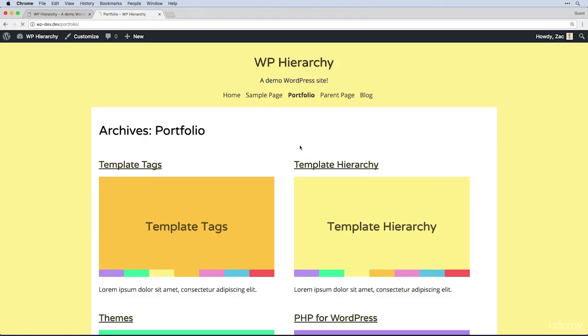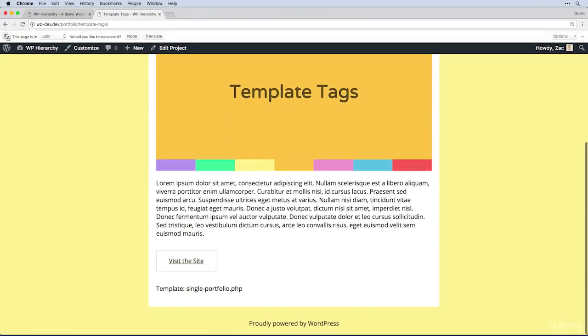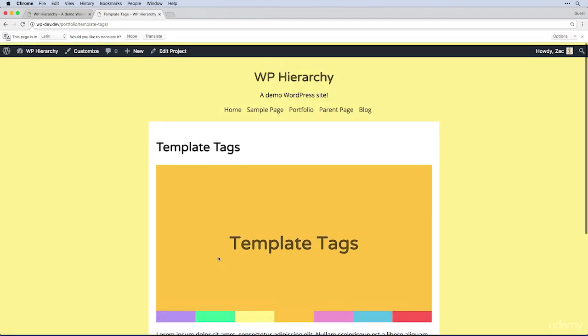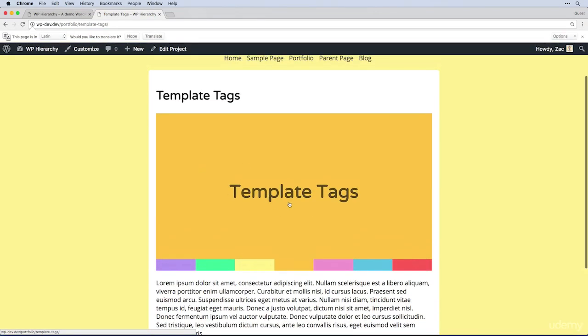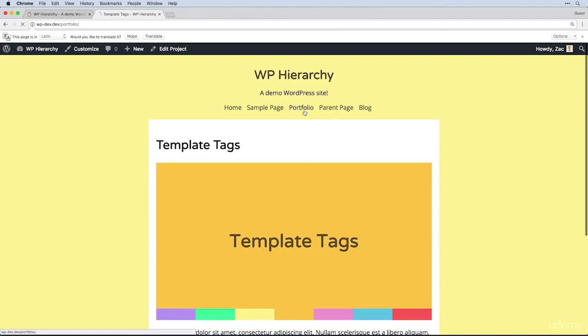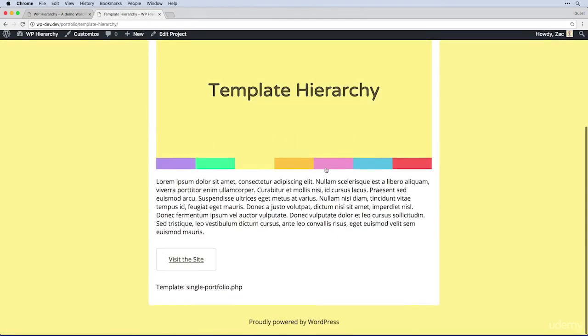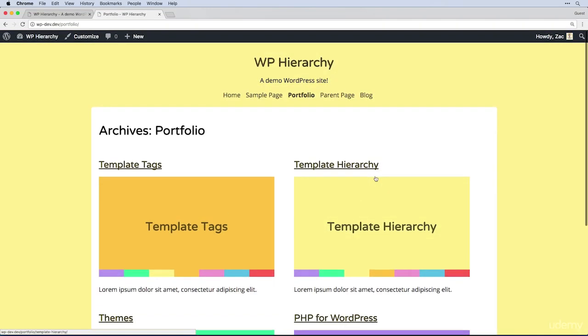Okay, so back on our site here, I'm going to click into template tags, and we could see, cool, we've got a nice button there. We've got the title of it. We've got the picture of it. Oh, that is still wrapped in a link, which is kind of okay. And then the main content. So this is going to work for all of our portfolio templates now, and we could take this one step further. So in the next video, I'll show you how we could take this even further with adding a slug,